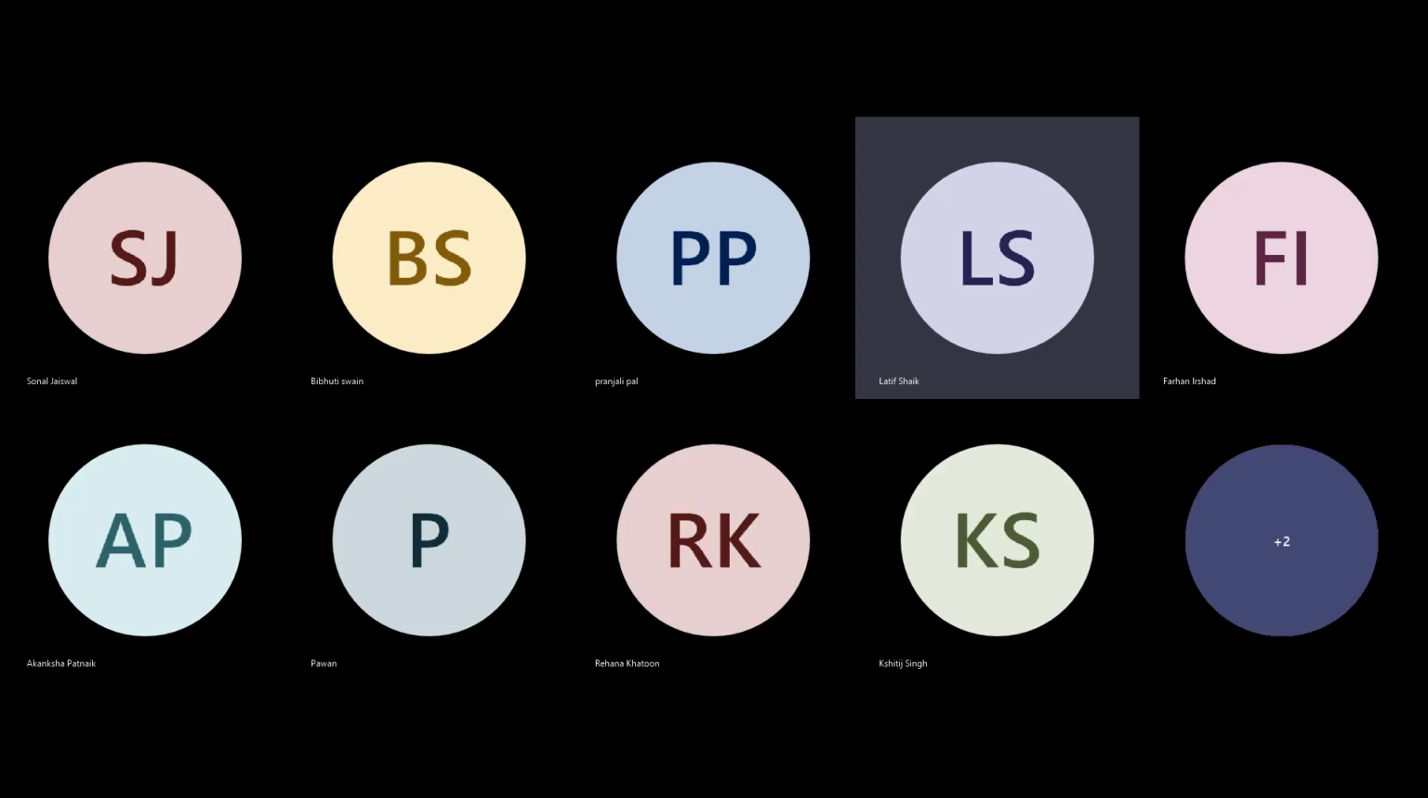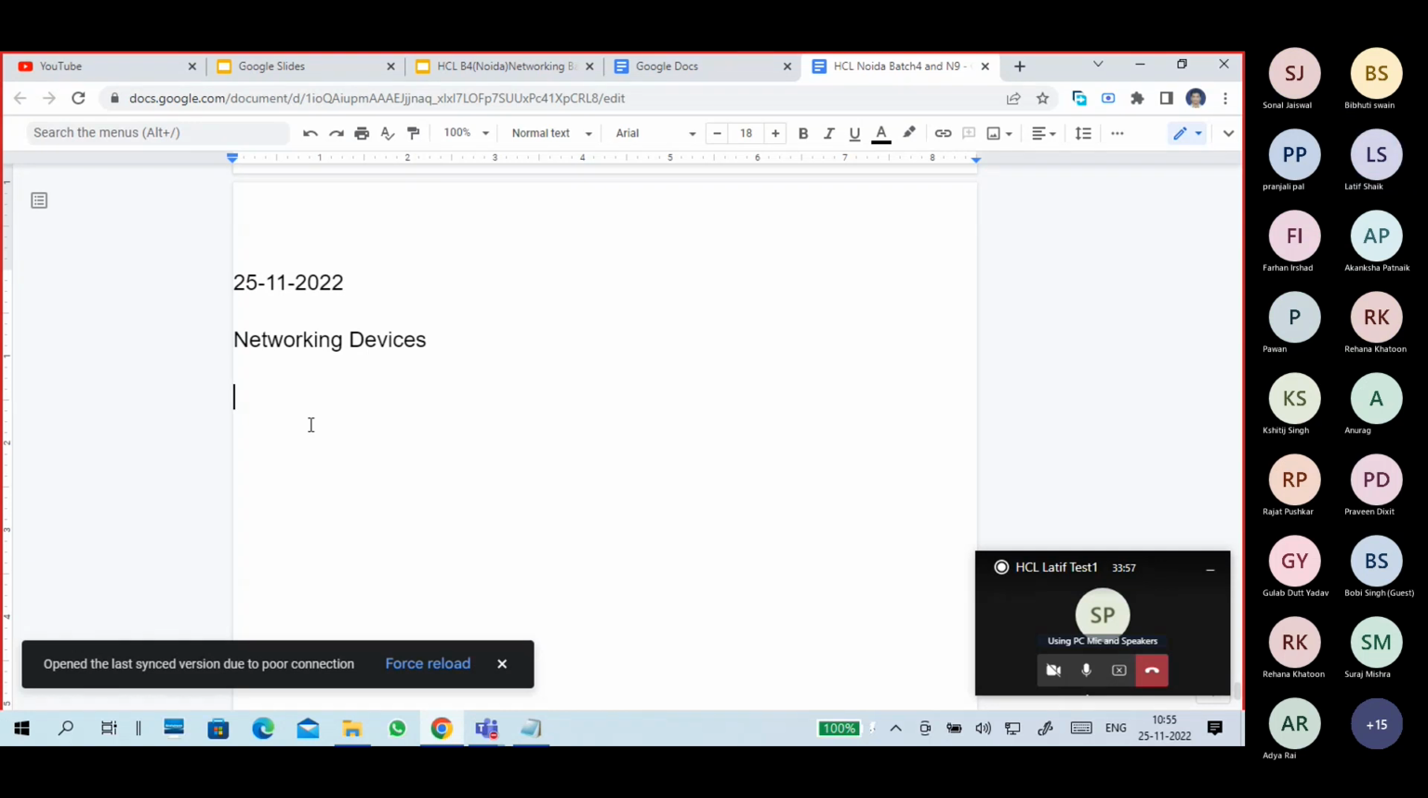Networking devices. So the first important device is the hub. In the networking devices, we'll start from hub, repeater, hub or a repeater, switch,